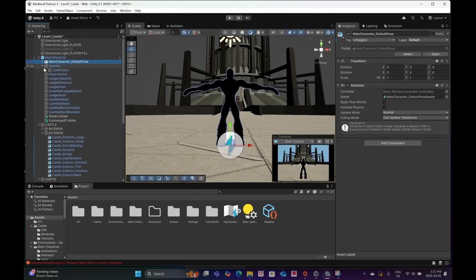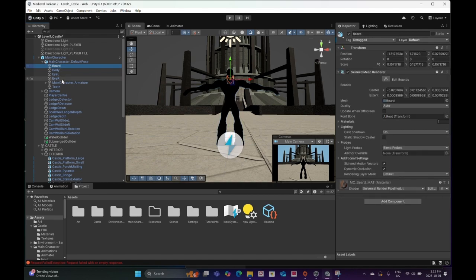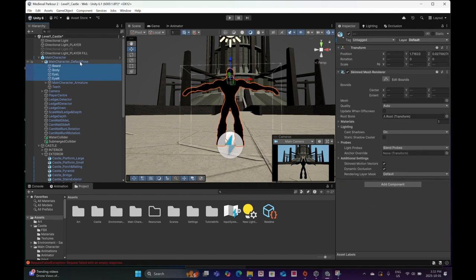So what I have to do is open up the FBX, the default pose, and select all the geometry. So I'm not selecting the armature or the actual FBX, but the geometry that's embedded. So the beard, the body, the left and right eye. And with those selected, I'm going to go and